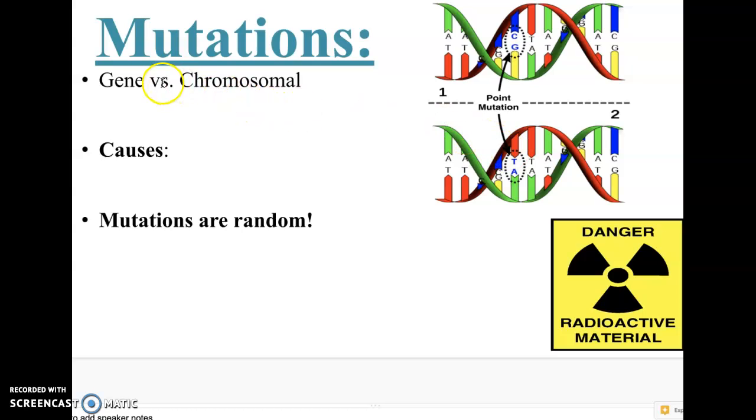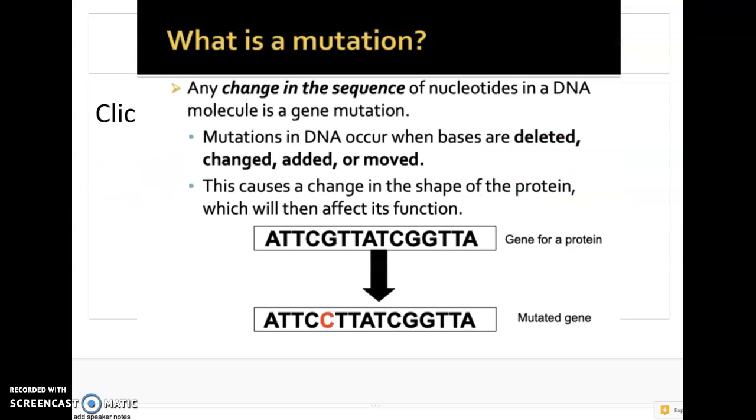Okay, so you should know some things that can cause mutations. You should know that mutations can occur randomly, but there can also be certain substances in the environment that can cause DNA to mutate, like radioactive material or UV radiation, certain chemicals and drugs, etc. So a mutation is any change in the sequence of nucleotides in DNA. We call that a gene mutation because it affects one single protein. And so at that single point, there's a couple of different things that can happen. You can have a base that gets deleted,